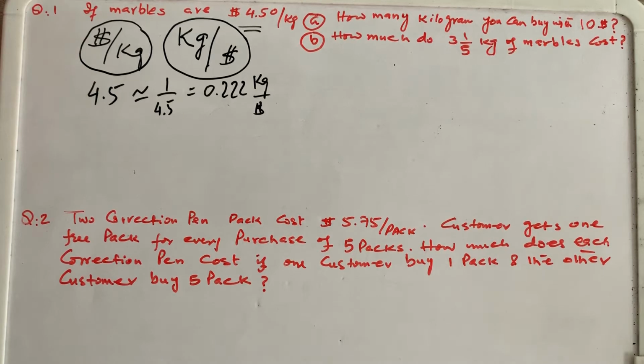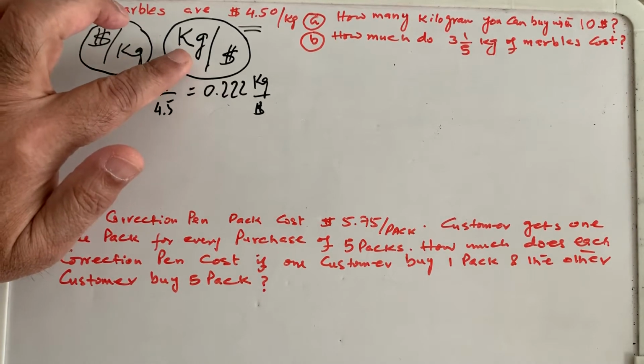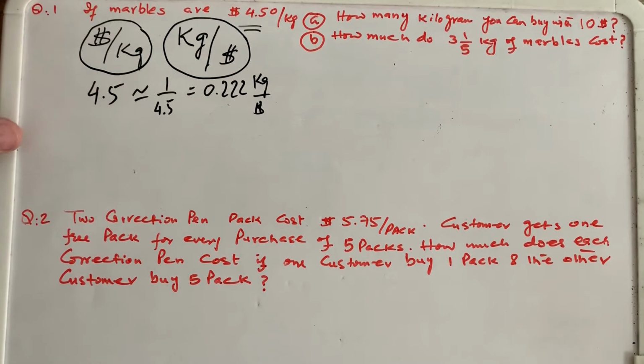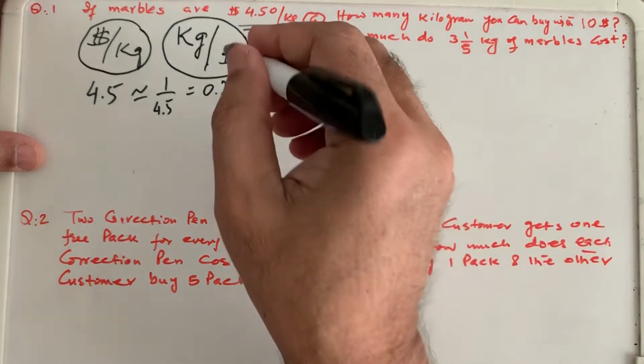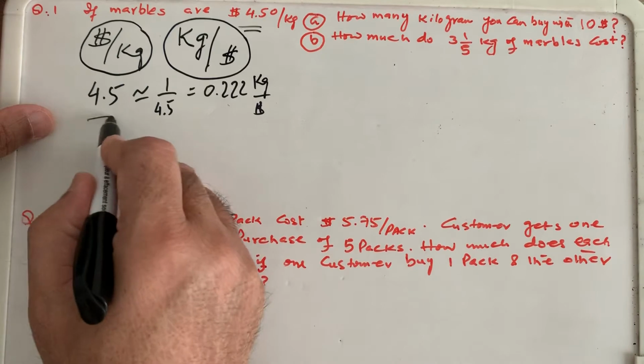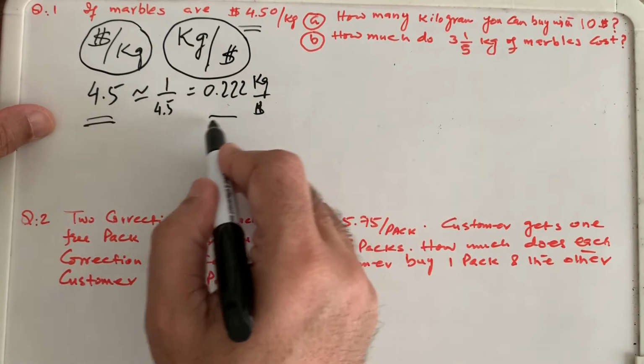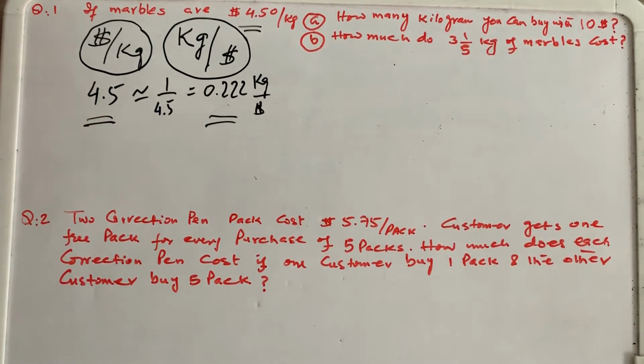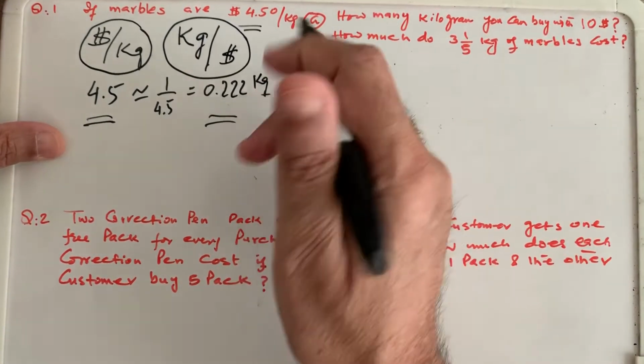So now we learned today that we not only can have dollars per kilogram, two units of measurement, we can have the rate in either of the quantities. Dollars per kilogram: how many dollars we spend to buy 1 kilogram. And this one is how much we can get per dollar. So there are two ways, and these are the two questions actually, relating to these two units of measurement. One factor is 4.5, which is dollars per kilogram. The other factor is 0.22 kilogram per dollar. So we have both factors now.